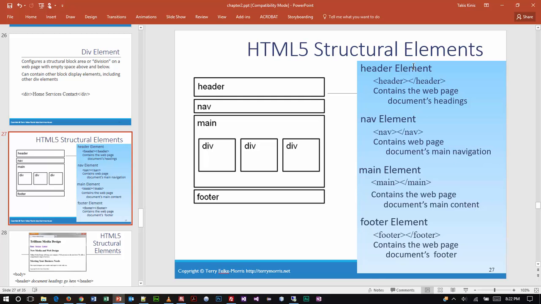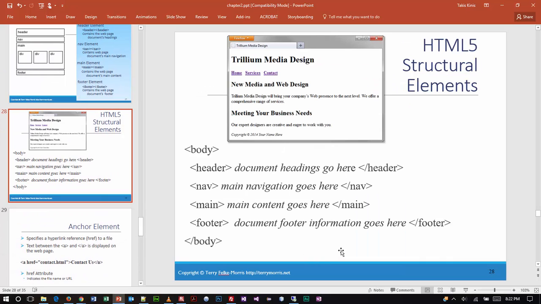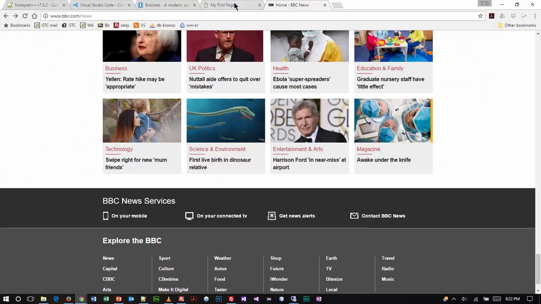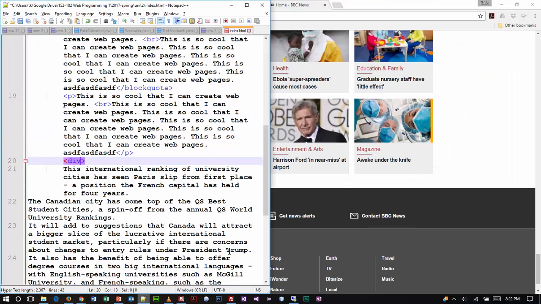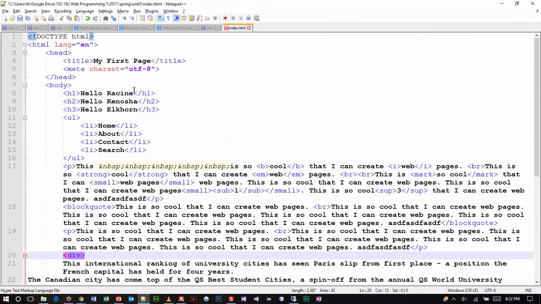But these structural elements are something that we're going to start to play with as we build pages. And so you're going to see that we're going to start to take the document and break it down just like that. In fact, I'm going to go ahead and do that to my page right now. I'm going to take the stuff that we created and switch it over to this structure. So you're going to watch what I do here, okay? I'm going to go back to the editor and go full screen with it because I'm going to do a little bit of coding here for a little bit. All right, so